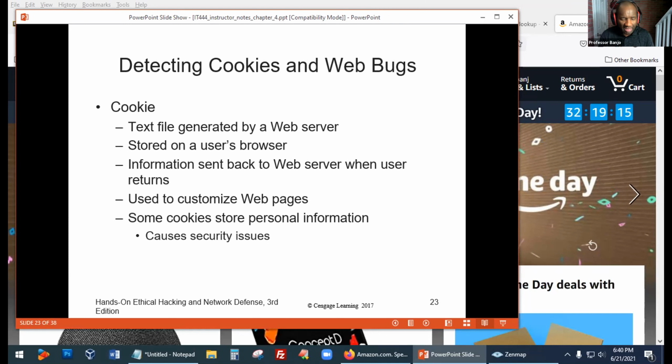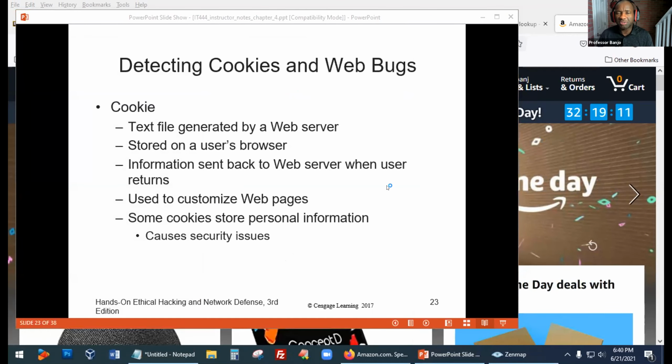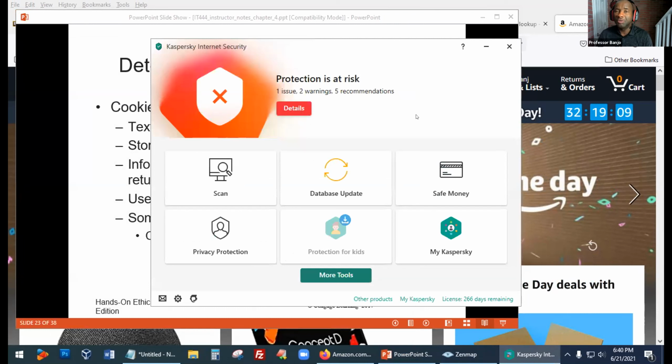Now, of course, if you have antivirus, then your antivirus does a great job of notifying you when something is kind of funny, okay? So these are basic security measures that we can all take in protecting what we have and the environment where we work.